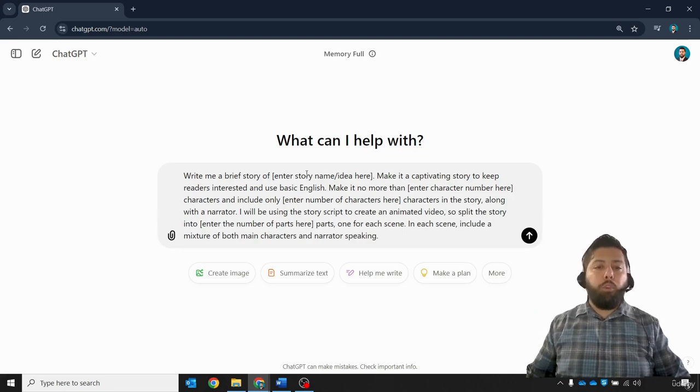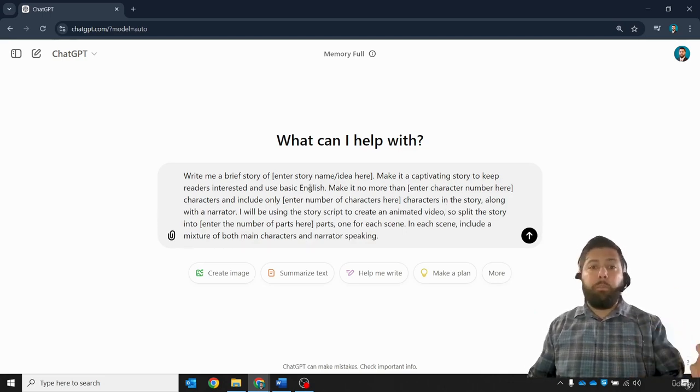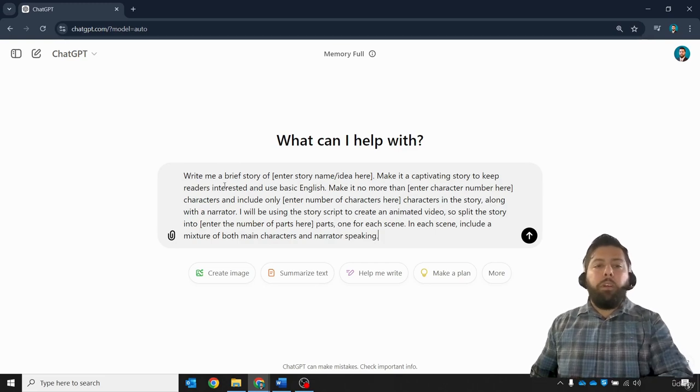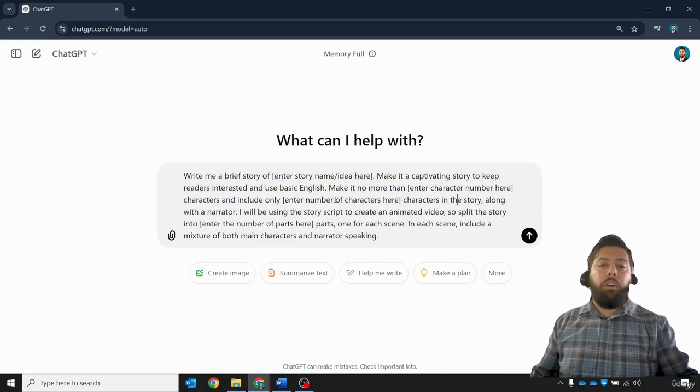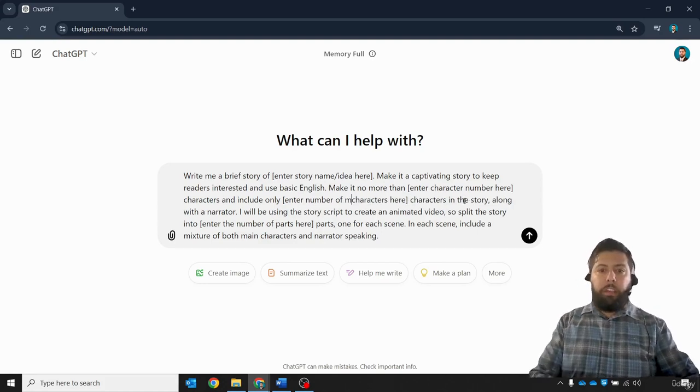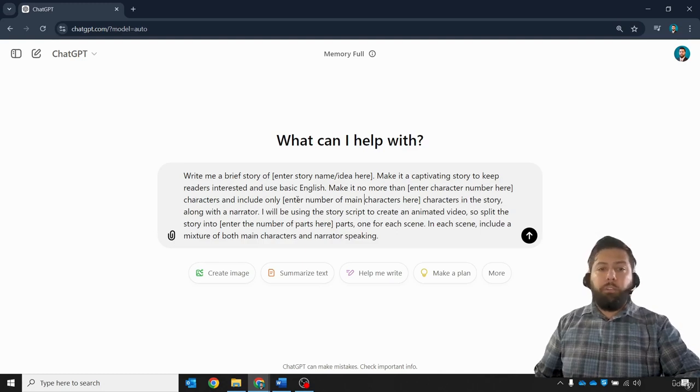Let me go through it first, and then I'll explain how we can fill in those placeholders. It says, write me a brief story of, and then it asks you to enter the story name and idea here. Make it a captivating story to keep readers interested and use basic English. Make it no more than, and then you enter the number of characters here. And include only, and then you enter the number of characters, meaning the characters in the story, not to be confused with the number of characters in the story script. So enter the number of characters, or you can even say main characters to avoid confusion, in the story,